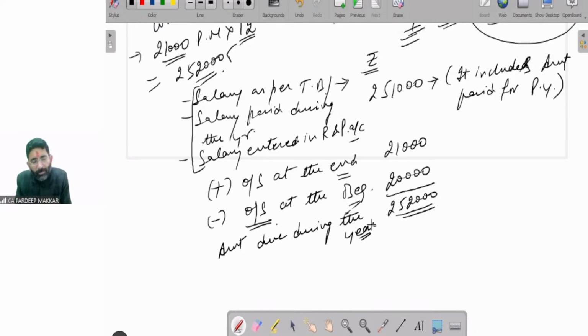Salary is always payable? No, it all depends upon the policy of the company whether the salary will be payable or not. If it is given in the question that salary is payable, we will assume it. If it is given that it has been paid during the year, then we need not worry. Normally, it remains pending because routine companies are not interested to pay the salary on the last day. They are interested to pay the salary only in the next month, so that some salary must remain with them in advance